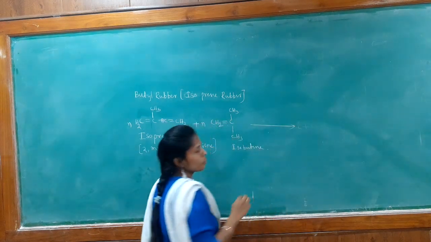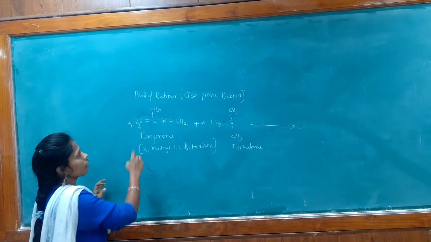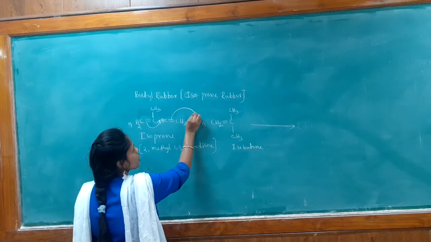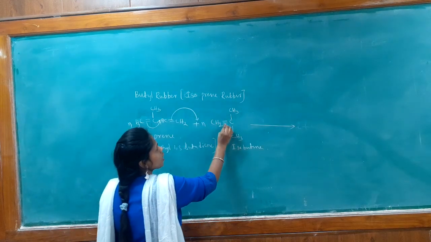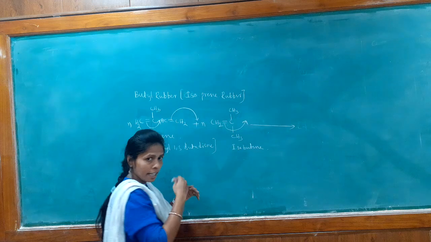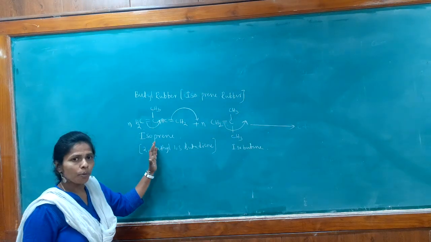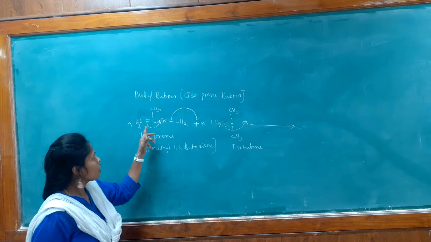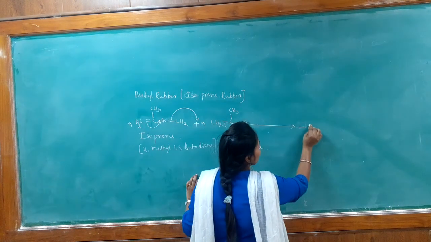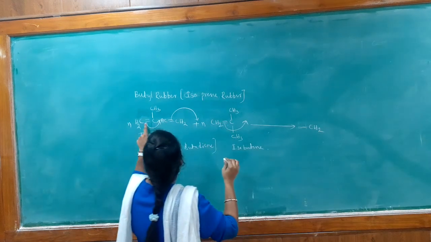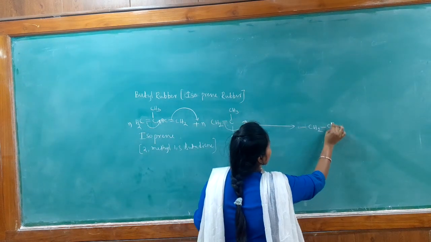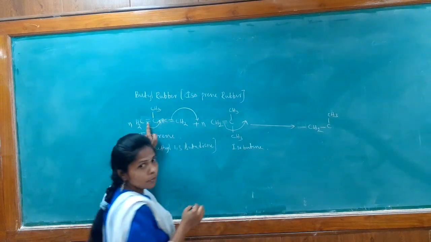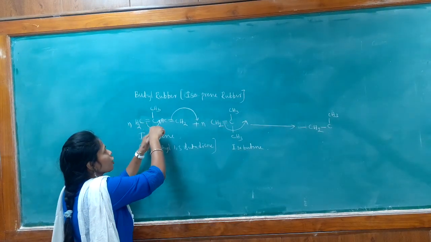In the presence of aluminum chloride catalyst, the double bond is shifting from here to here, and this double bond is shifting from here to here, and this double bond is shifting from here to the next monomer. Here isoprene and isobutene, these two are repeating alternatively. So here we will get CH2, the double bond converts to single bond, CH3.